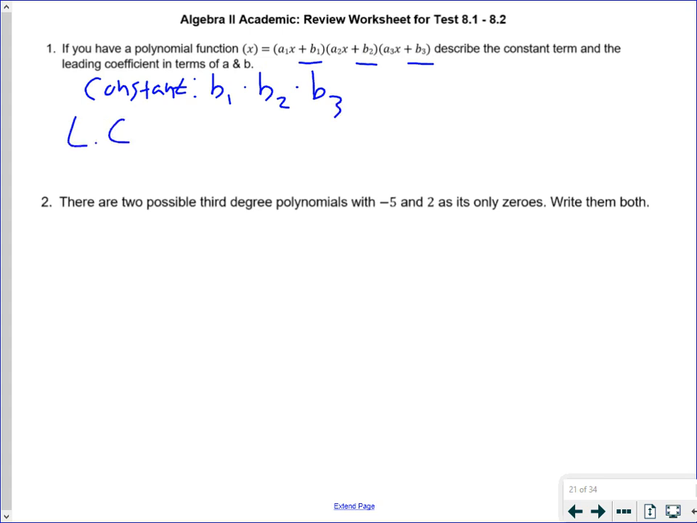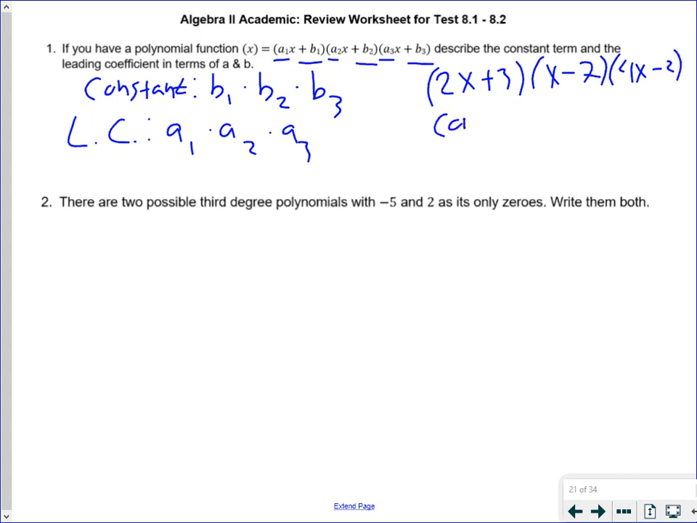And then the leading coefficient will be all the a's multiplied with each other, or in other words, all the coefficients of x. So a1 times a2 times a3. And if you want it in terms of numbers, so you can actually see what's happening, if we have, say, 2x plus 3, x minus 7, and 4x minus 2, our constant here